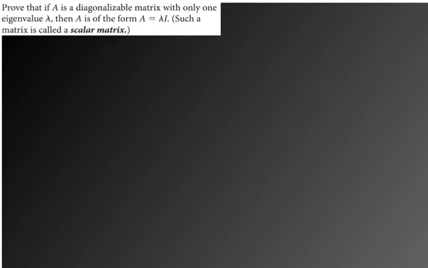It's just a scalar on the identity. Specifically, the eigenvalue is the scalar, right? Okay. So we know A is diagonalizable, right? So we know